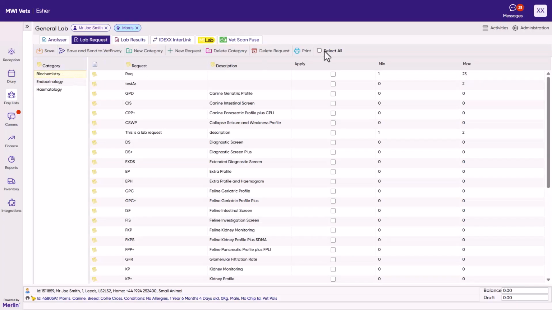and within that category, the request that we are wanting to make. We can either use the tick options next to each individual category, or we can make use of the Select All icon where necessary. Once selected, we can either select Save on the left-hand side, and once that's done, navigate